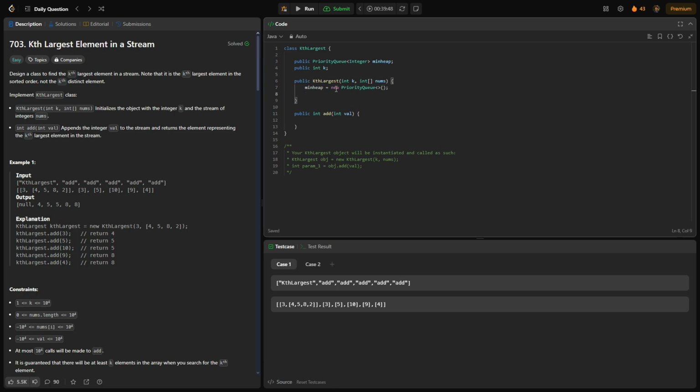And then, yeah, this.k is going to be equal to k. Now we're going to fill our min heap. So for each num in nums, we are basically just going to add it to our min heap. So we're going to have minHeap.add our num, and then we can check if